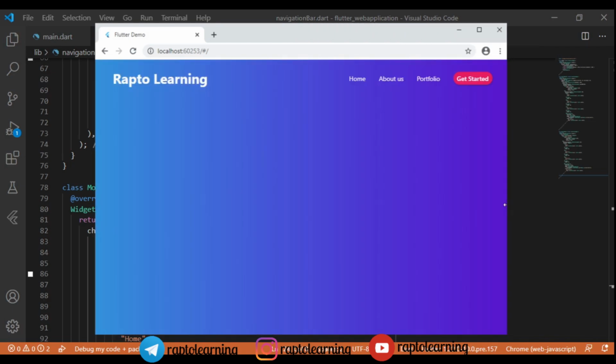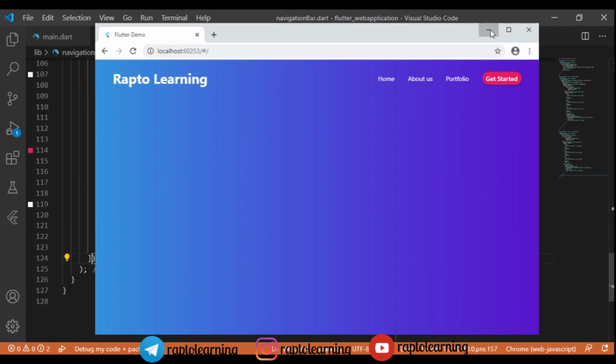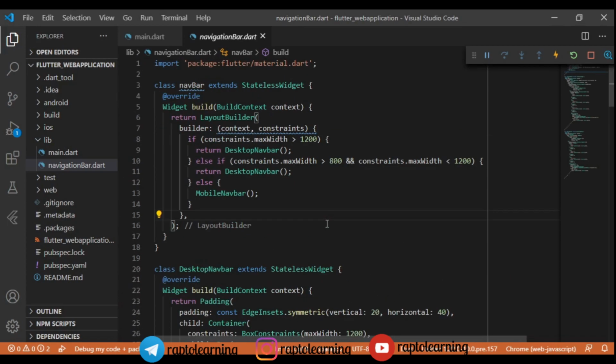So let's find where this error is coming from. Let's go into our project again and find the probable cause of this error. Let's minimize this, and we are going to look for the error. This is going to take some time, because I have to figure out where this error is coming from. Yeah, I got it. This error is coming from the fact that we have not added a return statement in our layout builder, right? So I will just add a return statement to it, and let's reload and see if our navbar is working for the mobile view also or not.